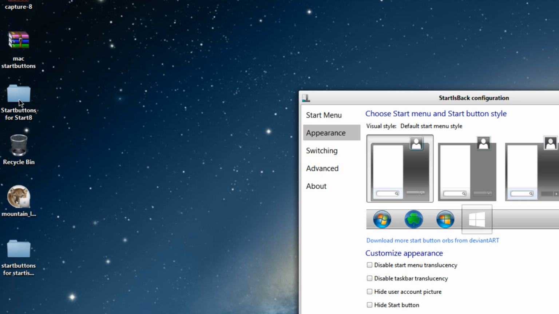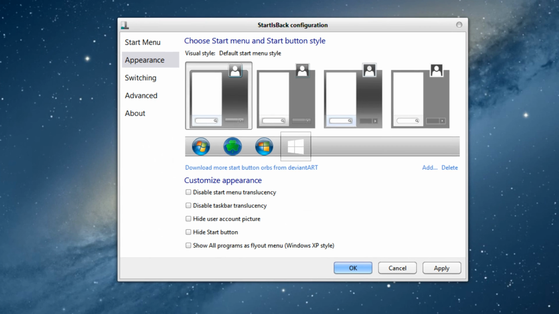And you get two folders. Start buttons for Start8, that is not what we're using. We're using Start is Back, so we can get rid of that one. And Start buttons for Start is Back, so we can come over to Start is Back configuration, press add,